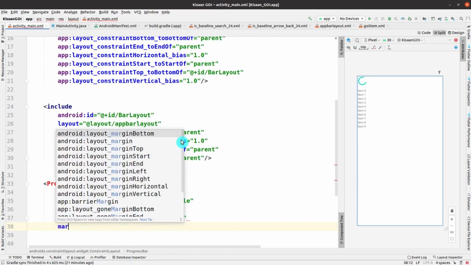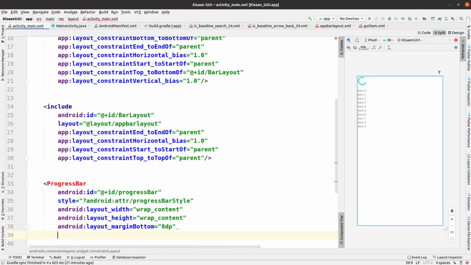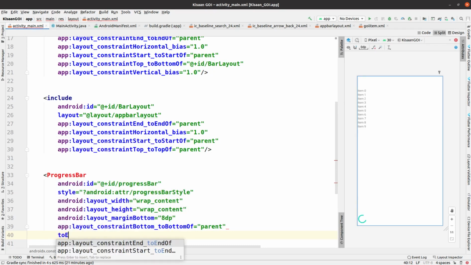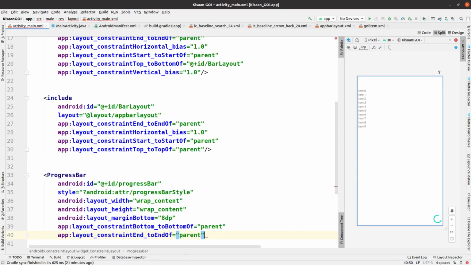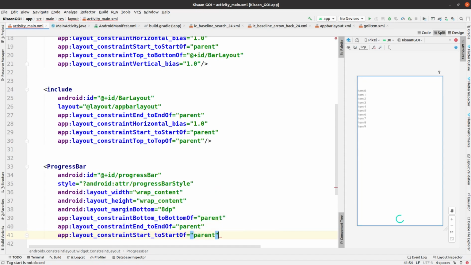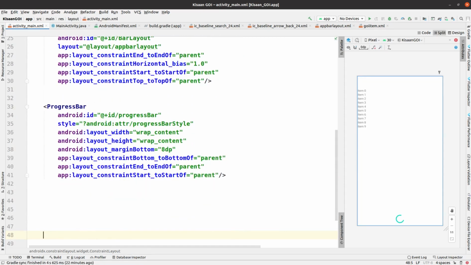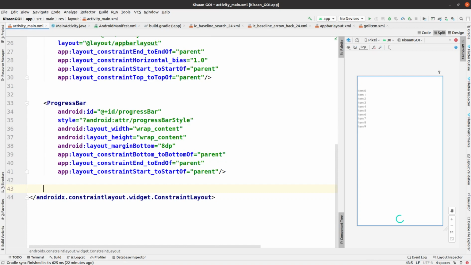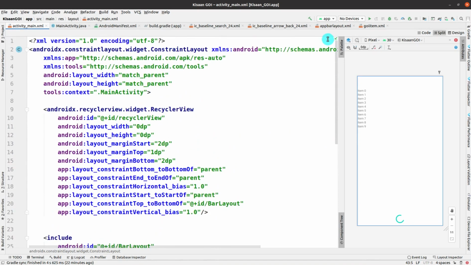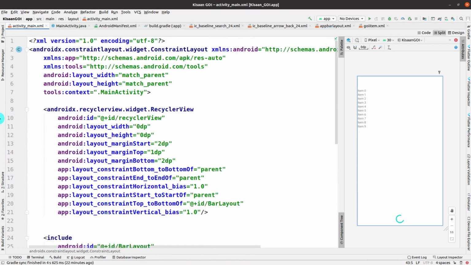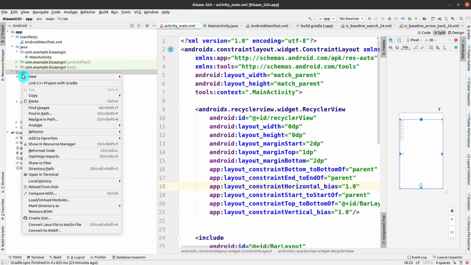You can see on the right side of your screen at the top leftmost that the progress bar appeared there. Let me add some properties which are required for the constraint layout, which is the parent layout. That's why we are adding such properties right now. And afterwards, start to start of, which is also given as parent. So the progress bar is completed, and also this main activity is completed. Now I'm scrolling up a little so that you can correct your code if you have messed up anywhere.